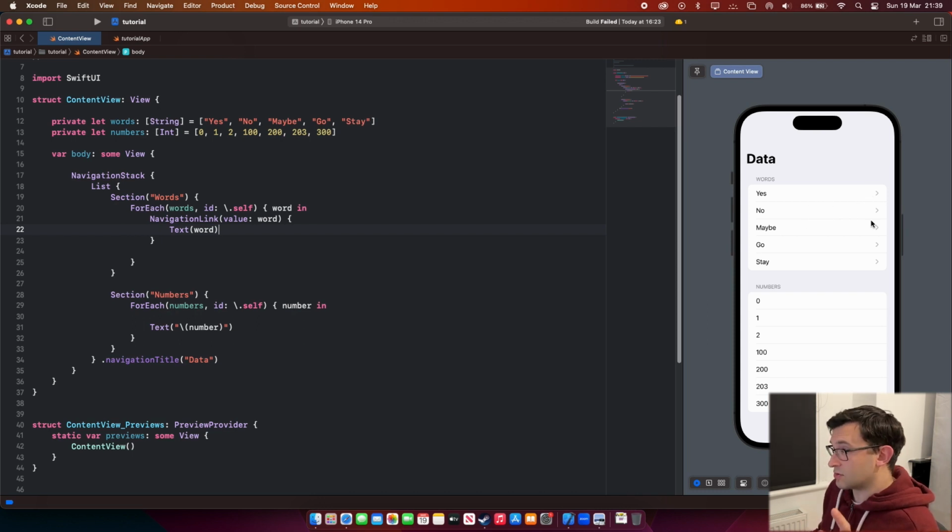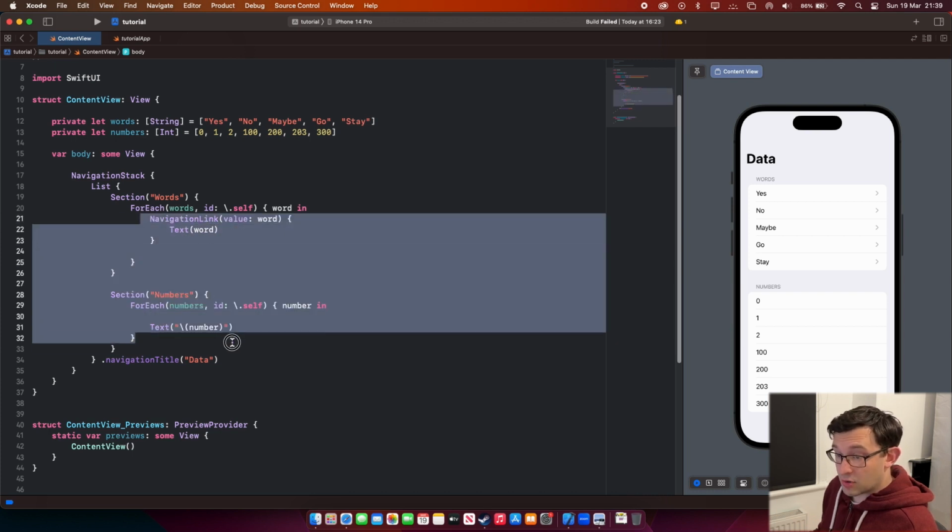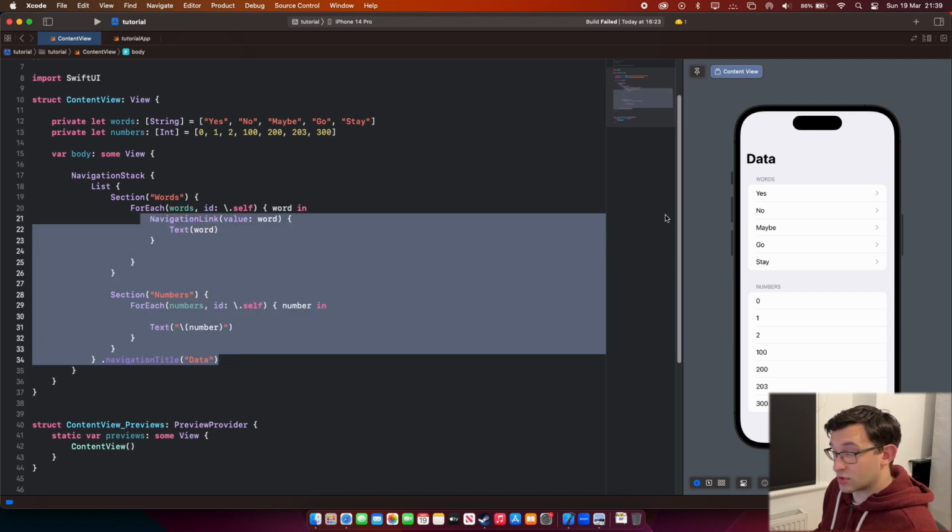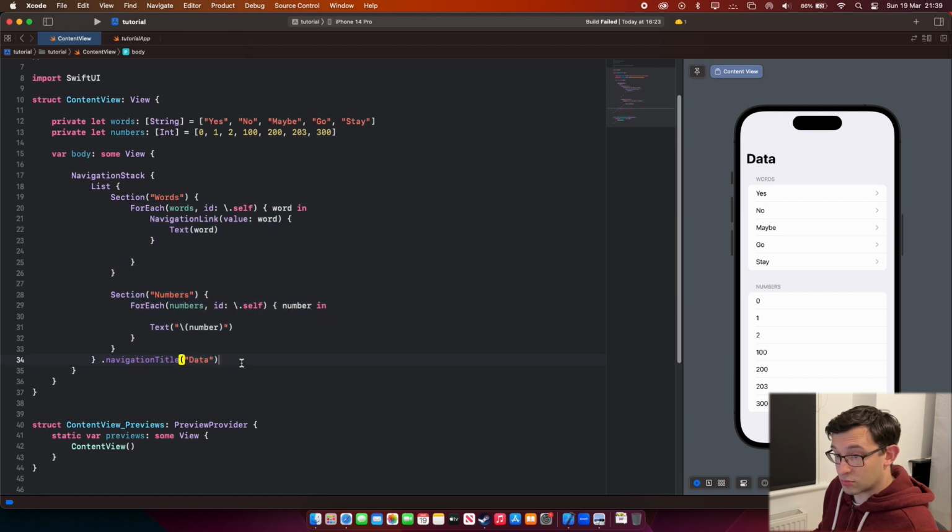However, do a little tap and you will notice that they do nothing still. It's just all for show, because SwiftUI at the moment has no idea what to do when we click, where do we go and what do we show. So to fix that problem, we're going to now look at